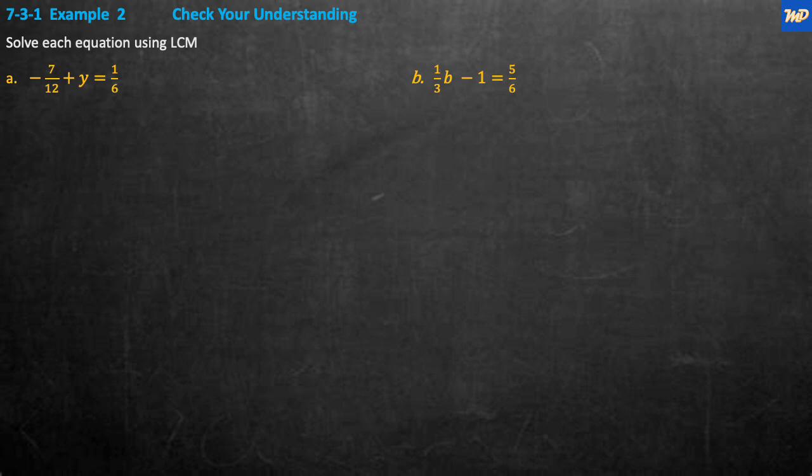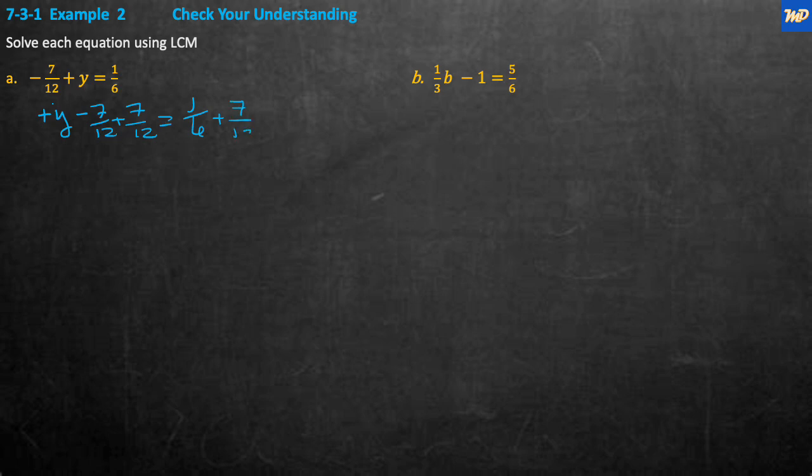Okay, here it is. Example 2, check our understanding. So we're going to solve each equation using the least common multiples. So let's see if we can make this work. So we have minus 12. First of all, what we're going to do is get the variable on one side and the numbers, the constants, on the other. And it looks like we're ready to do that moving. So we have positive y minus 7/12 plus 7/12 is equal to 1/6 plus